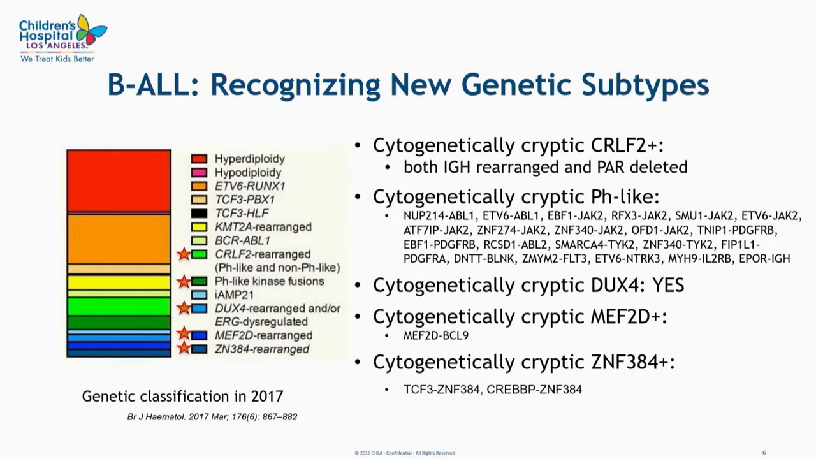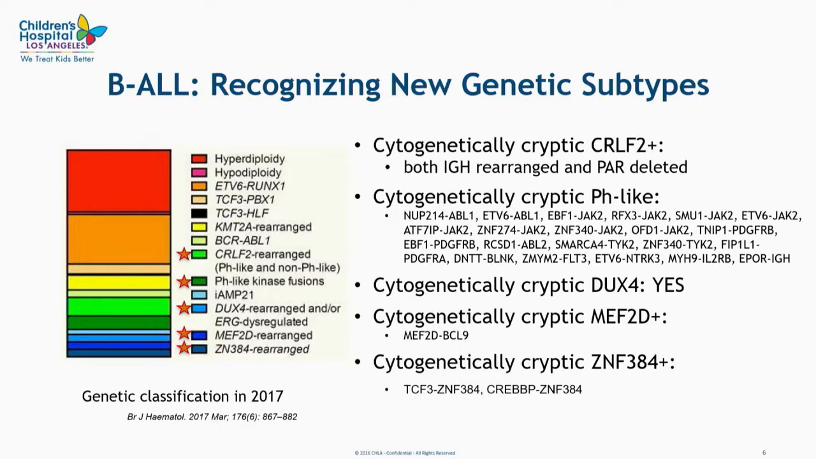But how about B-ALL, which, as we know, is much more common in the pediatric population than AML? In the last decade or so, a large number of new molecular subtypes have been described in B-ALL. In the figure on the left side of the slide, I marked with asterisks those novel molecular subtypes. There are quite a few of them, including Ph-like, DUX4 rearranged, MEF2D rearranged, ZNF384 rearranged. And on the right side are specific aberrations associated with these novel molecular subtypes that are